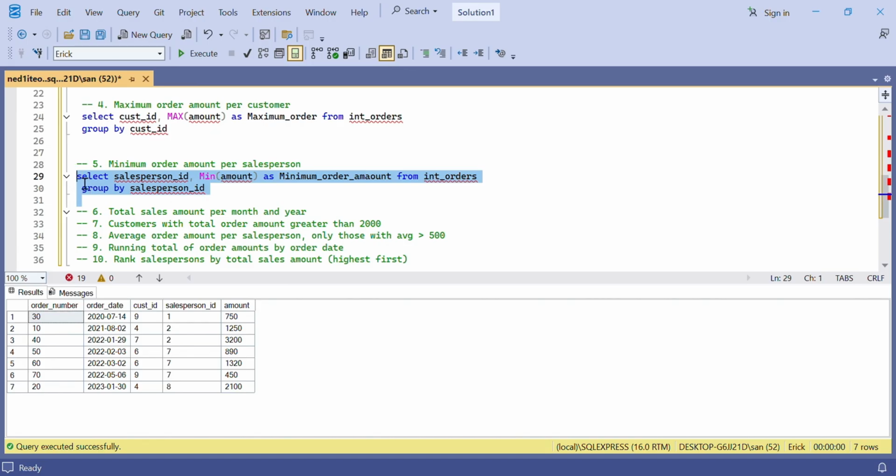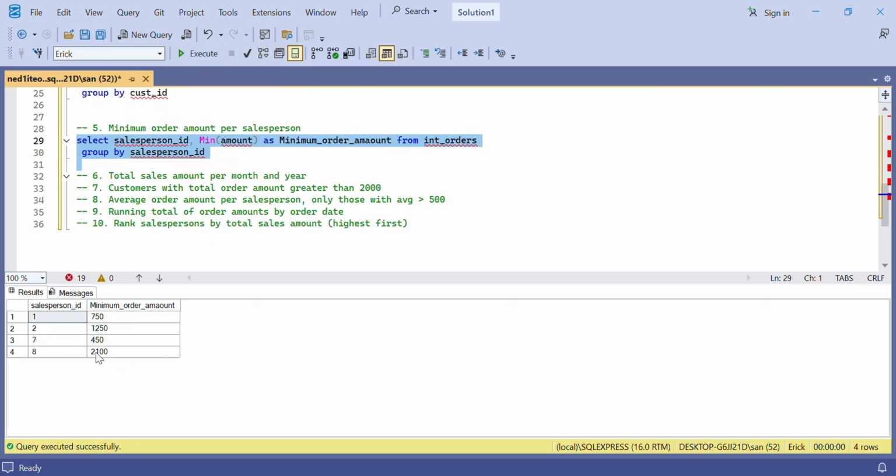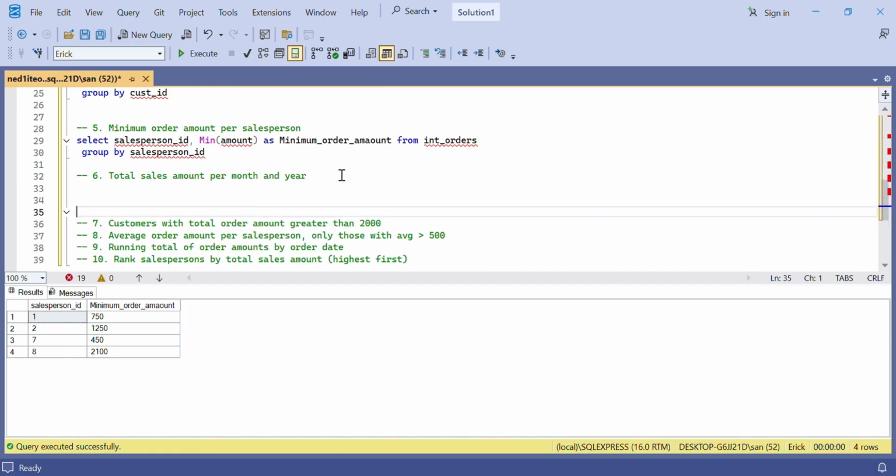And then we execute. So you see, for sales ID 7, it's 450. So now let's proceed to the sales amount per year per month. So this one will have to